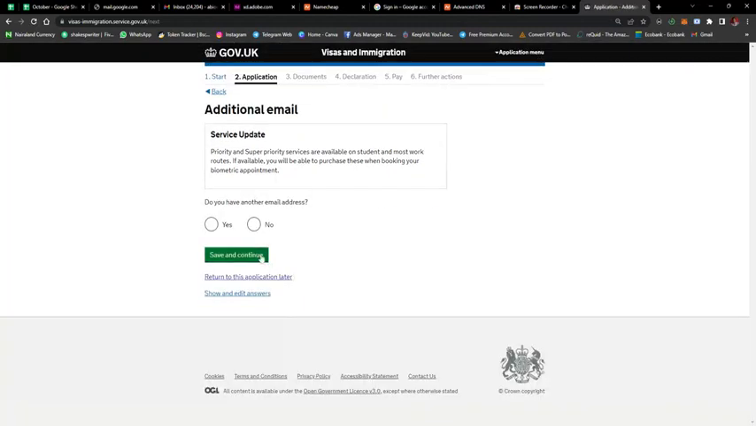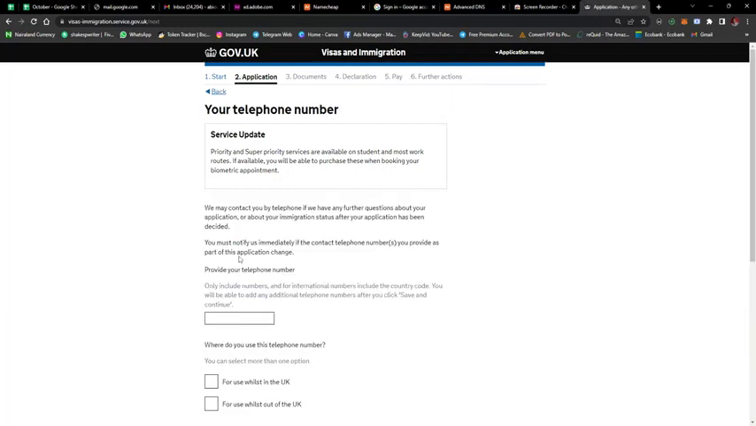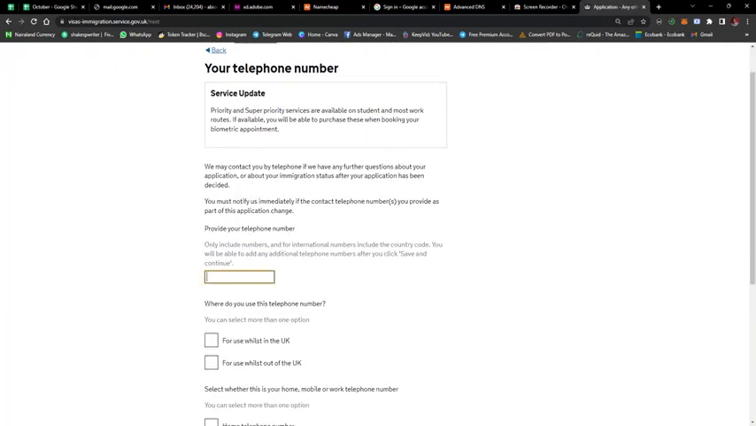Continue. Do you have another email address? No. You just want to use one email address, unless you don't have full access to this email address, then you can add another email so you don't lose or don't miss any information that's coming into your email. So provide a phone number